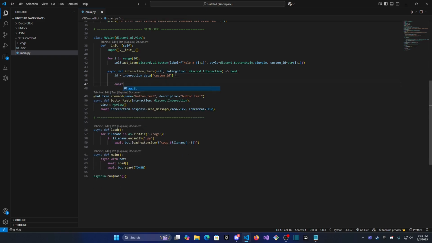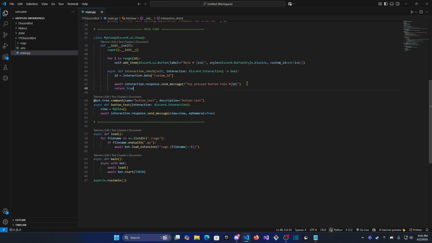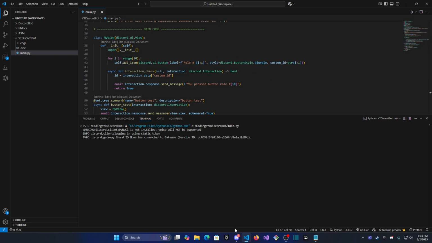And then await interaction dot response dot send message. And I know this is not for a role, but this is just to show you how it knows which button we clicked. There we go, just for better context. And that's it. And then afterwards, we need to return true. And this allows the interaction to be processed and finished. And that's really it. So now if I go ahead and run this command, or I'm sorry, this bot,